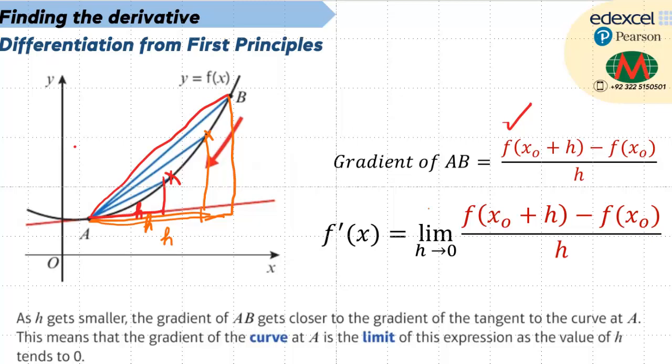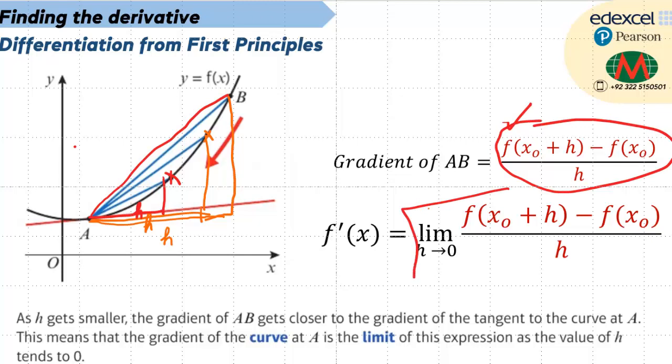So we say, in other words, limit when h approaches 0. So this gradient, which was the gradient of line AB,